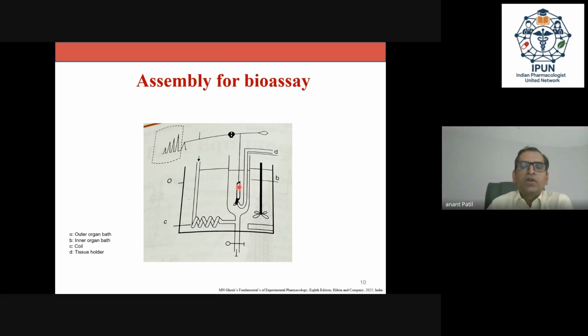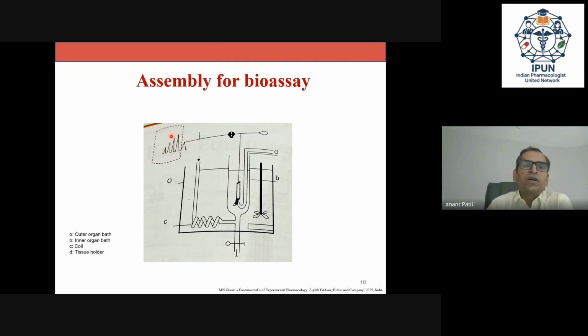And for the guinea pig ileum, usually when you dissect the guinea pig, you discard about the initial 10 centimeters from the ileocecal junction because there are some excitatory alpha receptors present there. And then you take a few centimeters of ileum, you tie it with a thread to this lever, and then you put on different concentrations of the test and the standard, and this guinea pig ileum, which is kept in the physiological salt solution so that it remains viable, starts contracting with the help of the unknown and the standard concentration. So once you put the concentration of the unknown and the standard here, the guinea pig ileum is going to contract because we're assuming that it's histamine, and those contractions will be transmitted from this thread to this lever, and they would be